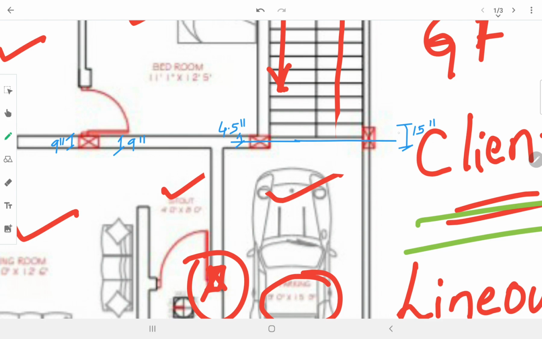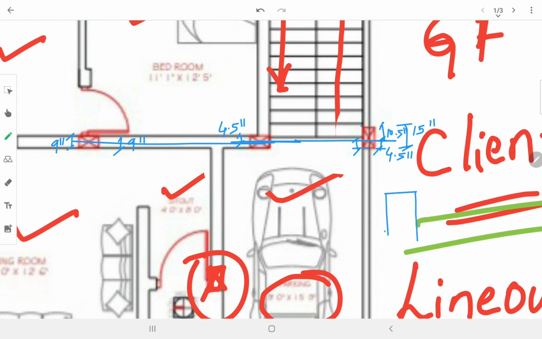4.5 inch, whereas the length of the column is 15 inch. So this portion, the line which is drawn on the center of the column, because of orientation, may not split the column into exact two parts. In this case it is 4.5 inch from the center to one end of the column, and the remaining is 10.5 inch. The 15 inches includes the cover to the reinforcement.